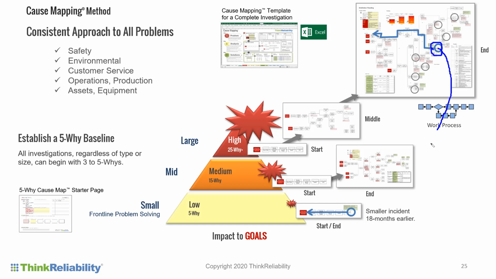That means that issue 18 months ago was a 5 why or a 3 why, but we didn't address it as that nuisance issue 18 months ago. It's now part of a much larger issue, which, with a bunch of other things, all contributed to the issue. That work process that was broken 18 months ago could have been found on a much smaller issue. That's why hindsight is 20/20.